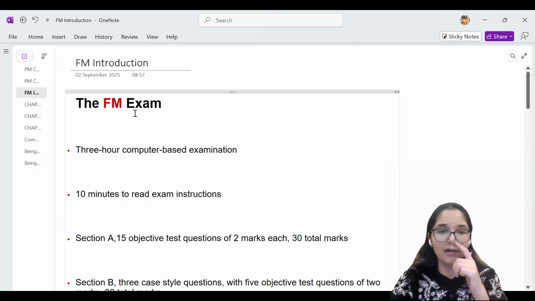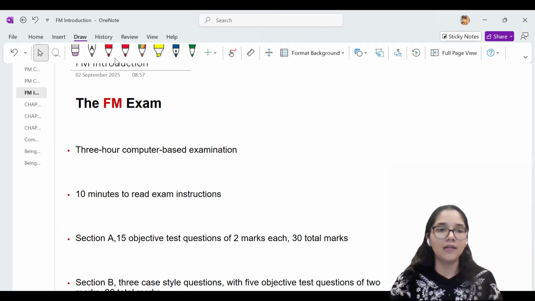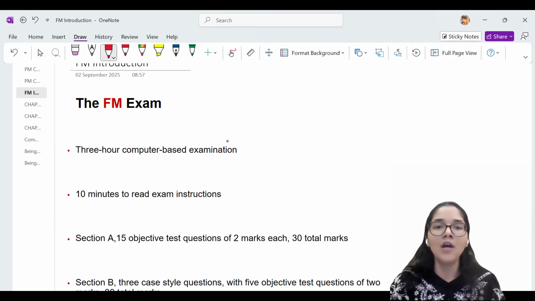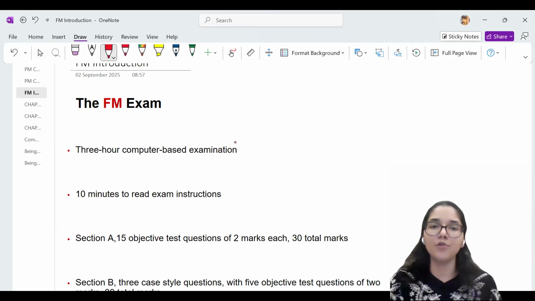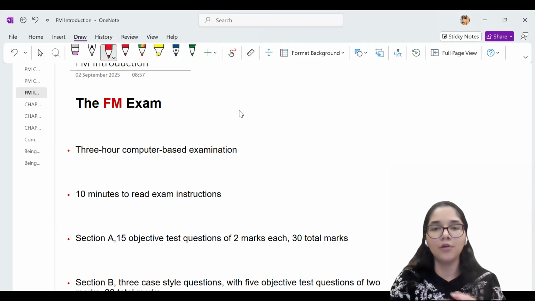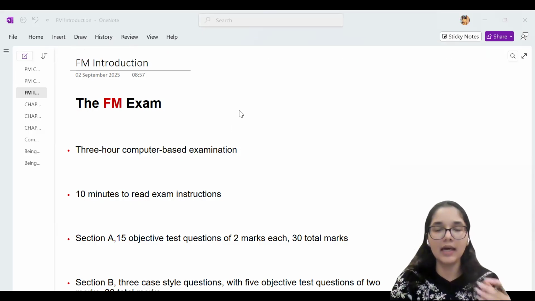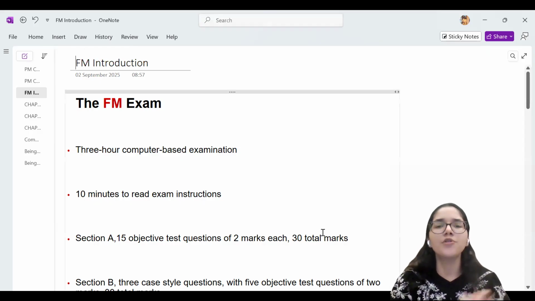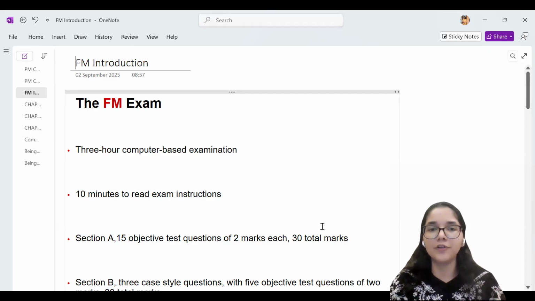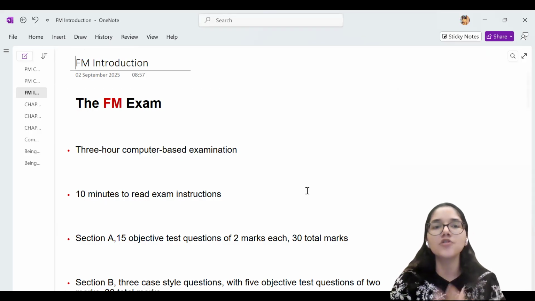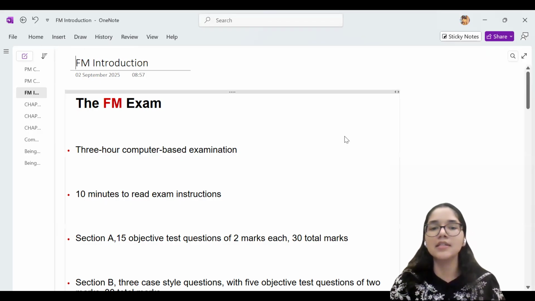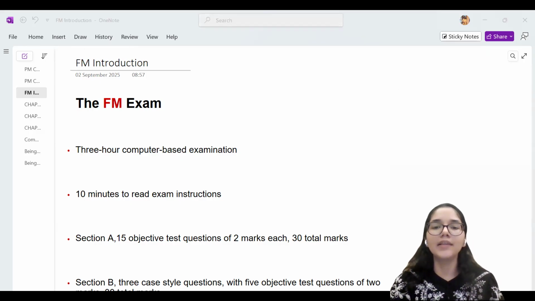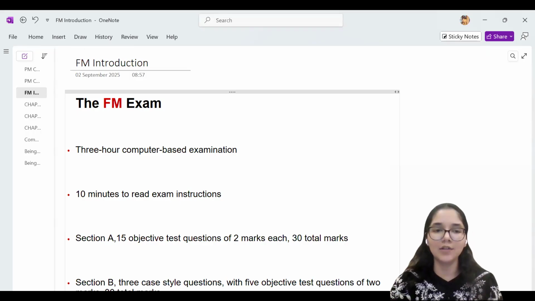As you can see in front of you, here we are delving a little bit deeper into your ACCA FM exam. For those who have already done a few of the skill level papers in ACCA, you would already be familiar with it. But just for the ones who are appearing for the first time, this is what the structure of the paper looks like. This is basically going to be a 3 hour examination. You're going to get 3 hours exactly to answer the questions.